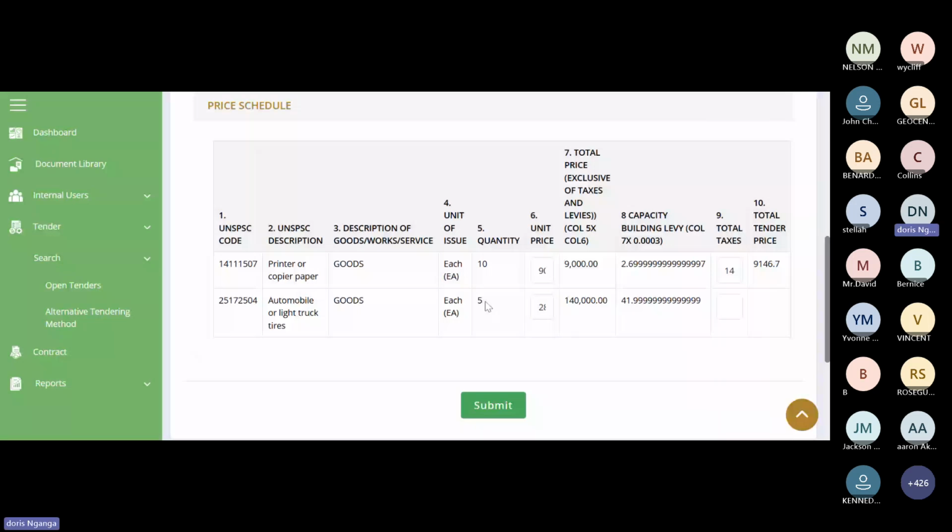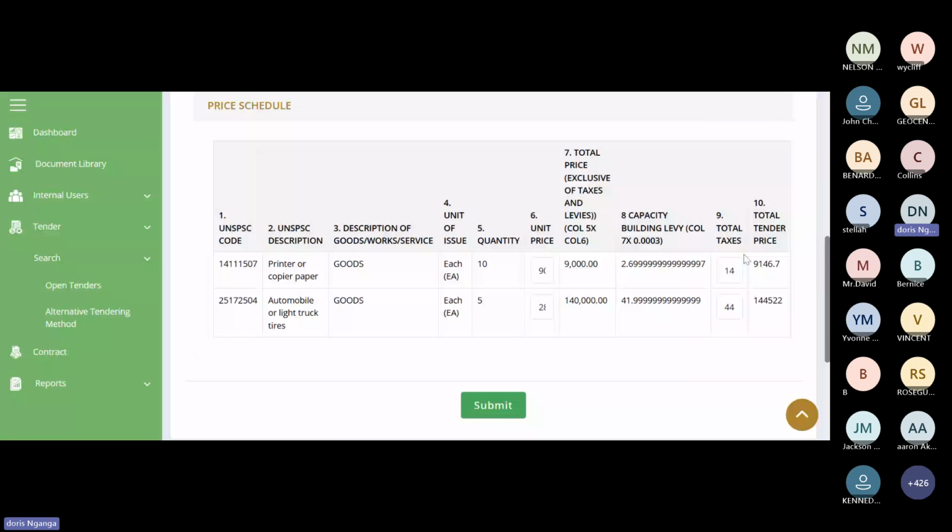And then I do the 16% that is applicable in the Kenyan tax. It gives me 4,480. And now it calculates for me the total tender price as I want to. This is the amount that I am willing to sell these items.